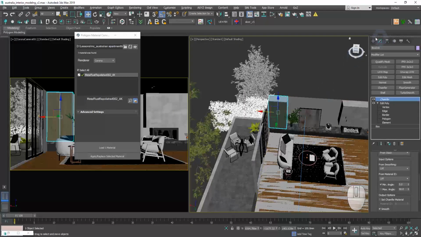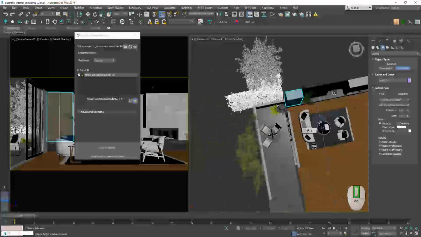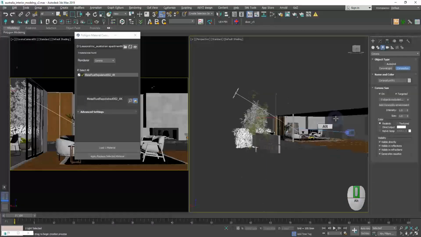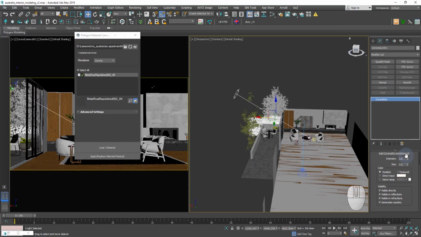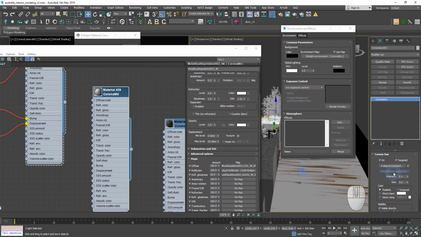Let's set the sun. Go to Create and set our sun at 45 degrees. In Settings, we assign 1/10 of intensity and the scale of the sun is 5. Press 8, open Material Editor, and press Add Corona Sky in Corona Sun. This sun we move to Material Editor.